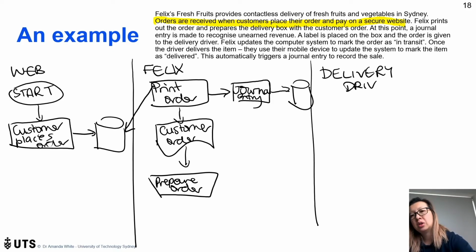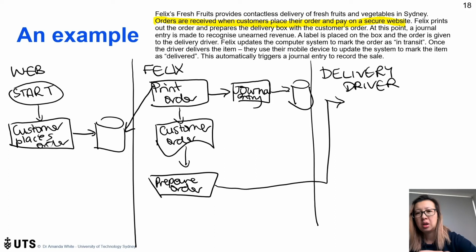Delivery driver. So the order is given to the delivery driver. Now I'm just going to use a line here. Once the driver delivers the item, they use their mobile device to update the system to mark the item as delivered. So there's got to be a manual process here where he delivers item, and then in the system,